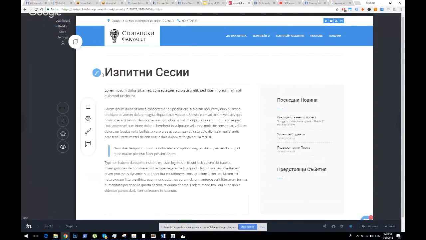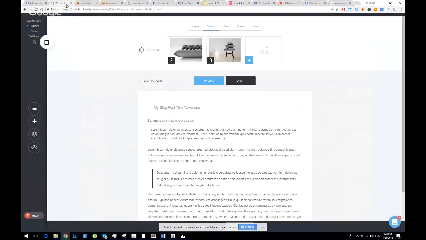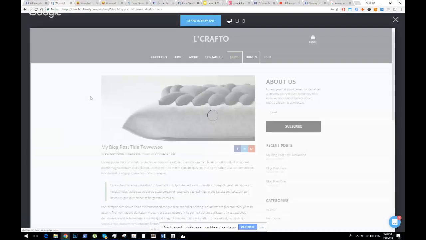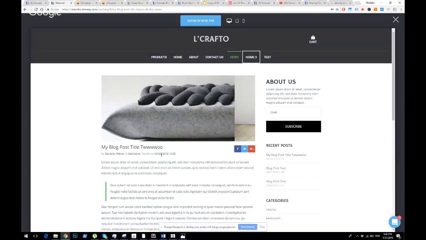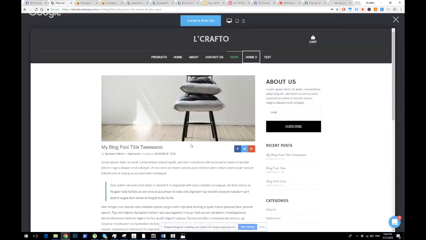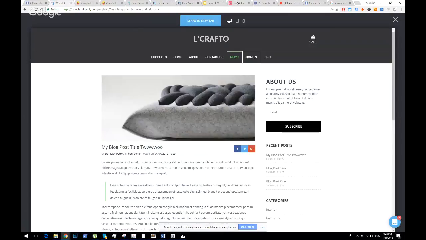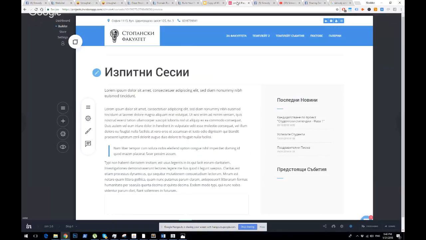This actually doesn't work on the preview, but you'll be able to edit the styling of your title, to hide or show the author, for example, if you don't want it to be visible, or the category, or the post date, or the sharing, stuff like that. You'll be able to edit it from here. So this is the general idea,